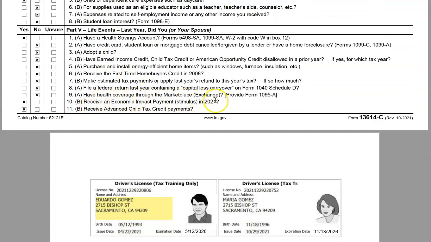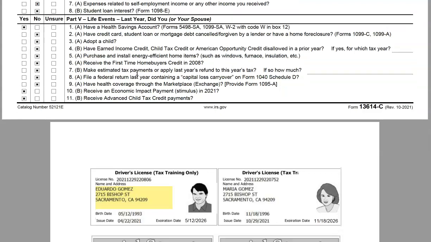They got an EIP. You have to ask about that, how much there was. With 3 people, they were entitled to $1,400 times 3, or $4,200. If they got less than that, then they'll get more on their 2021 tax return. And finally, they did receive advanced child tax credit payments, and there should be a letter from the IRS saying